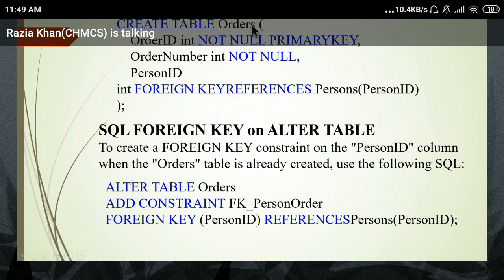If you want to link the order table with the person table, you have to write down the person table. If you want to link from the order table to the employee table, write down the employee table. In brackets, write down the primary key of this person table or employee table. Clear, everyone? Yes or no?